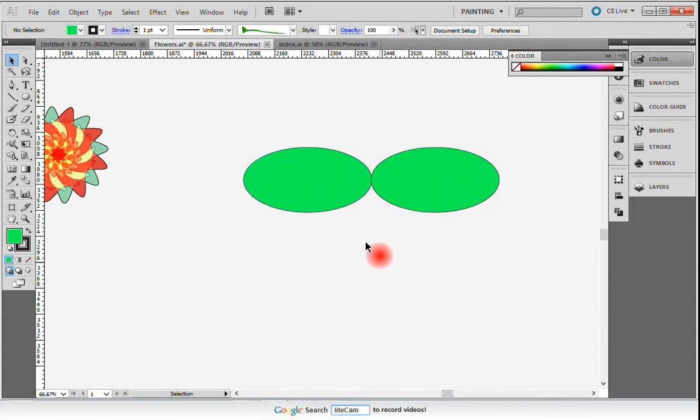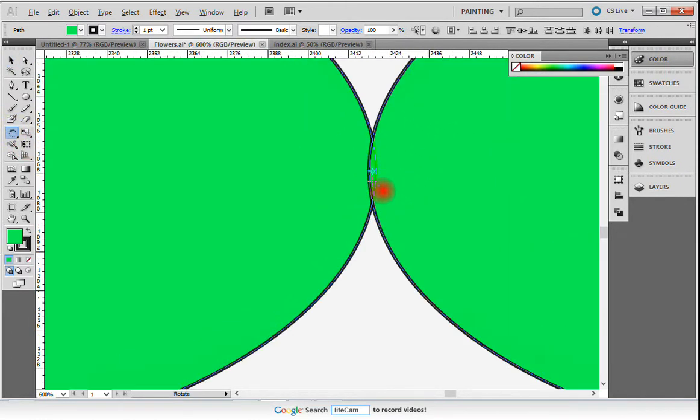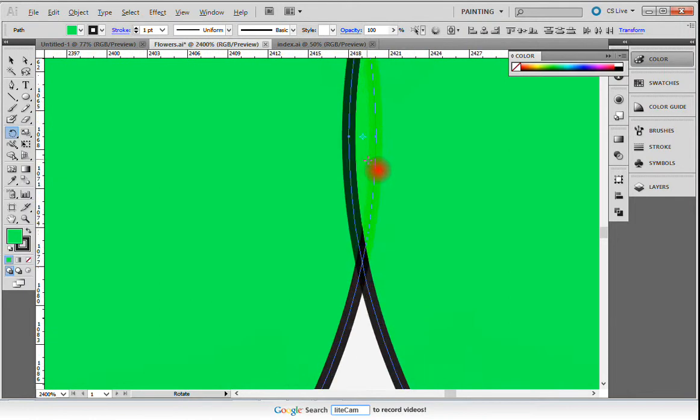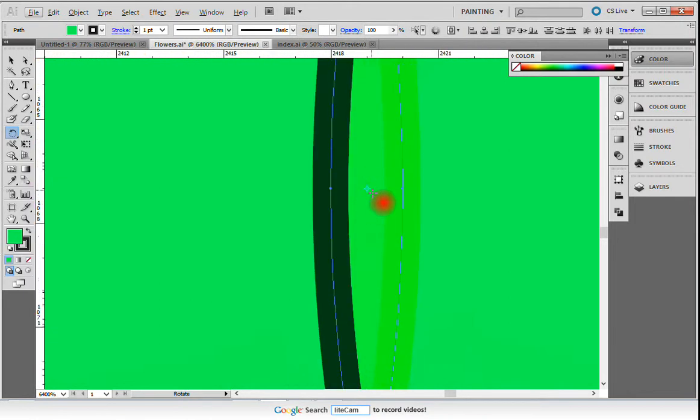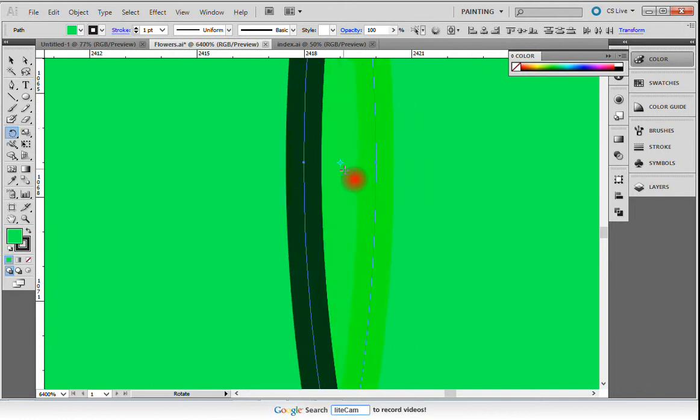Okay, so now I have two, and I'm going to copy both of these, and I'm going to use the rotate tool, and it's already in the exact center. You can barely see the crosshair. There's a little crosshair here. Can you see the crosshair? It's a blue crosshair. It's already where I want it, but I want to hold down Alt so I get